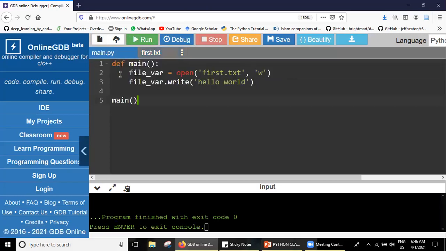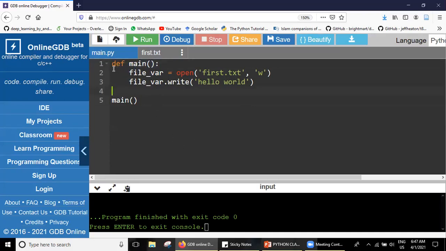So what's the reason? Why do I need a main function, or why do I have to write this content in the main function? The first answer is that it's always a good programming practice. You don't have to mandate yourself to write it in a function or main function. But that's the point I'm going to.